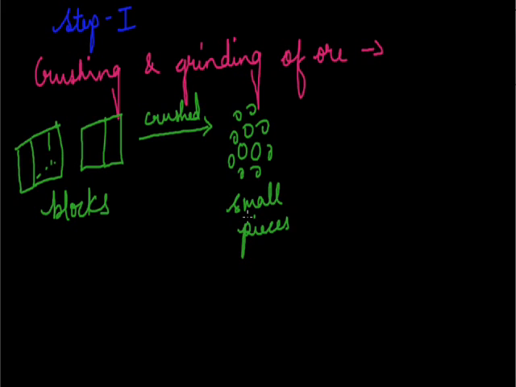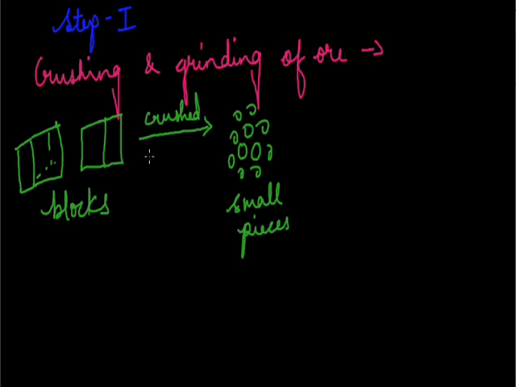Now the small pieces are formed, but as we know, as the surface area increases, the reactivity will increase, that is the easier we will be able to obtain the metal. From big blocks it will be very difficult to carry out any chemical reaction, and the reaction will not be performed very smoothly. So first we make a uniform ore so that then we can use it conveniently.